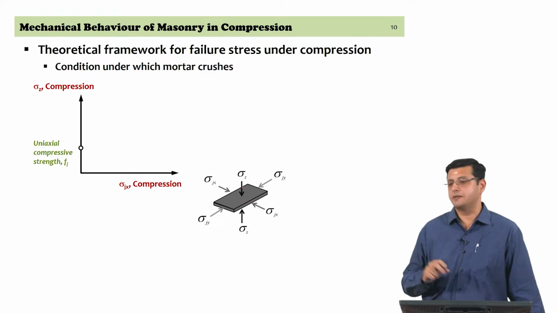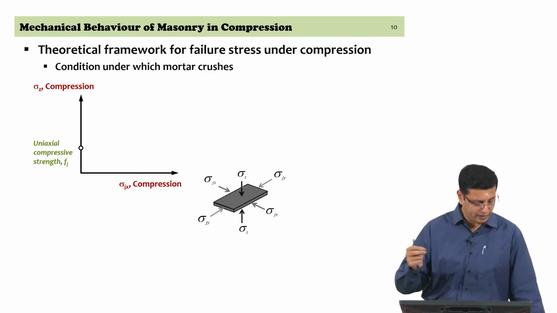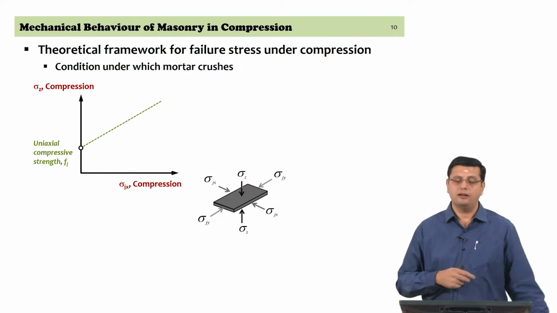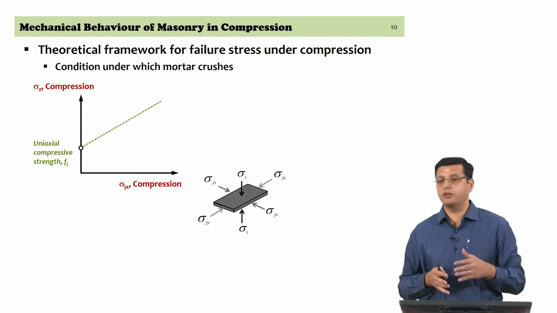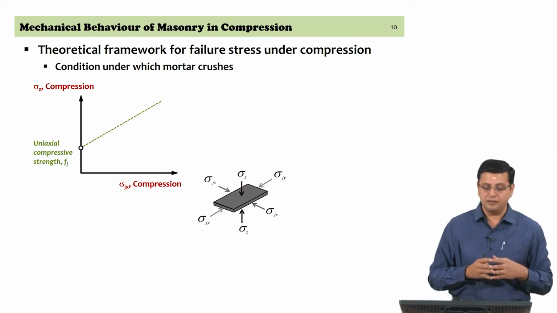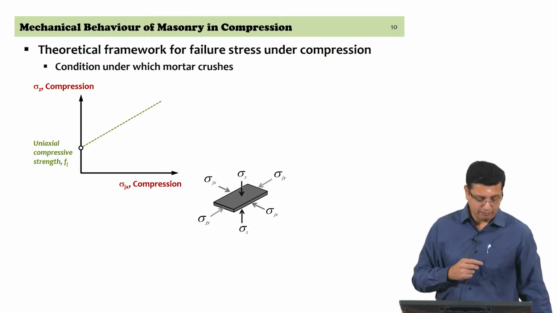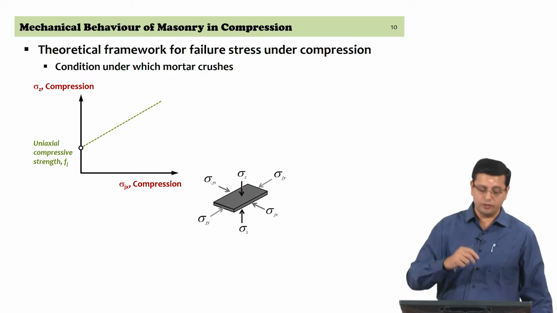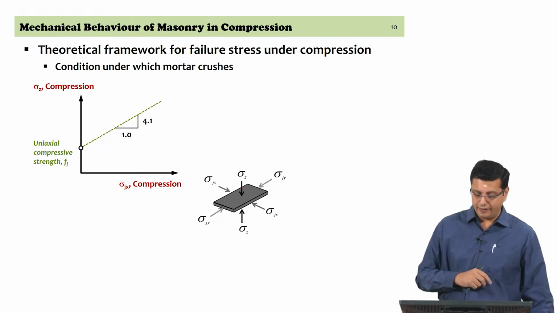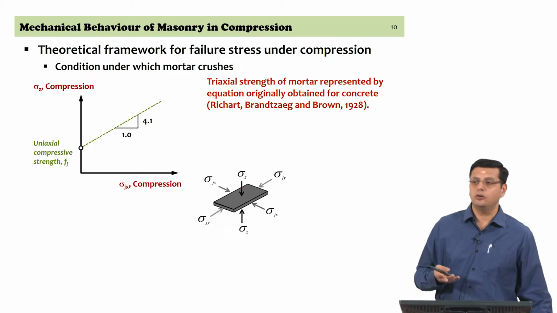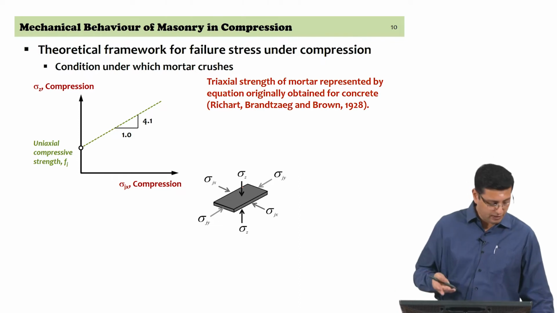knowing that the uniaxial compressive strength of the joint material from a uniaxial test is Fj, it has been observed that the behavior that you would get for mortar if subjected to a triaxial condition in compression would follow a linear pattern. The important aspect to understand is what is the factor by which this is going to increase. So, the slope of that line is used, and this is based on tests that have been conducted on concrete. So, the model that we are looking at here is coming directly from concrete, developed quite early in the